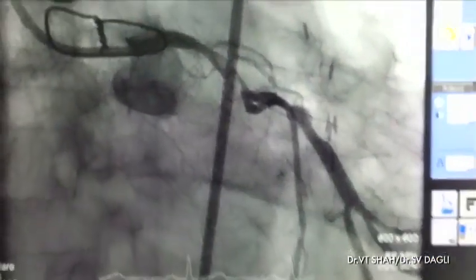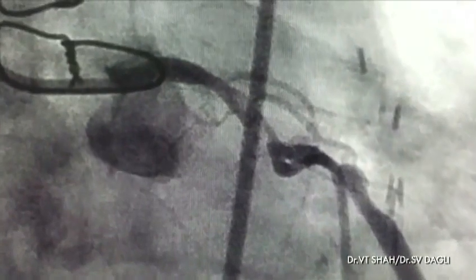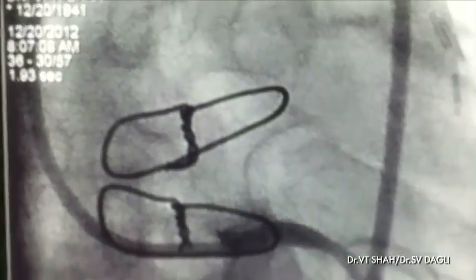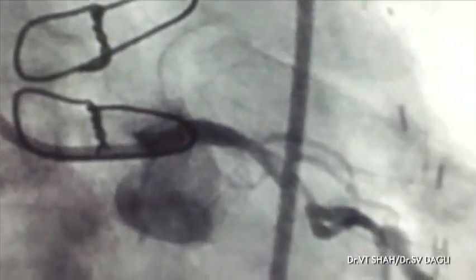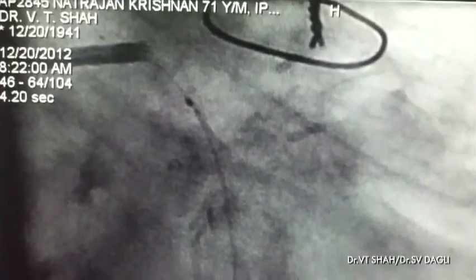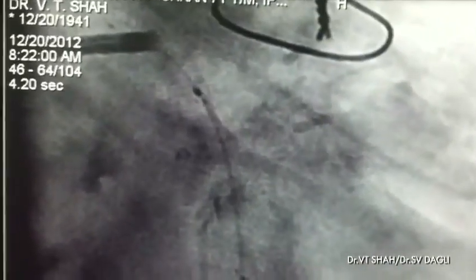Now this is the lesion on the left side in the circumflex artery. As you see here, there are almost 4 narrowings in this artery. This is at about 8:07 a.m., immediately after 7:47 a.m. Now what we do is that at 8:22 we deploy the third Absorb stent covering the